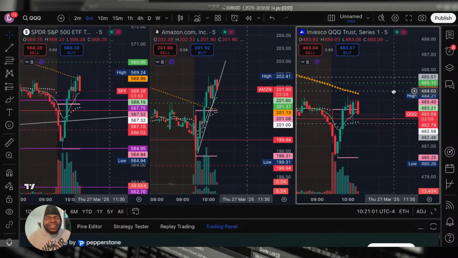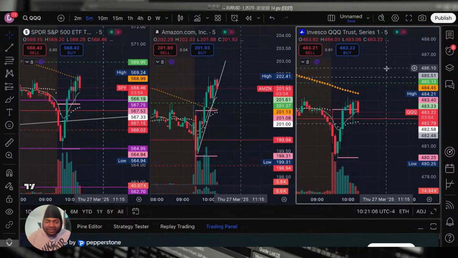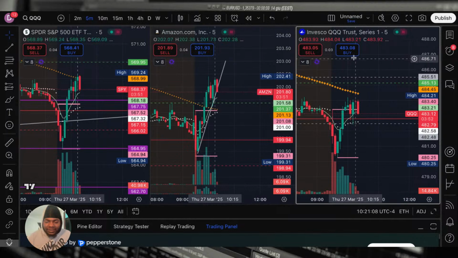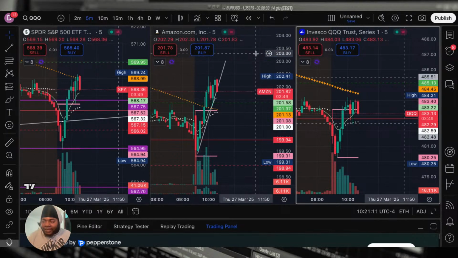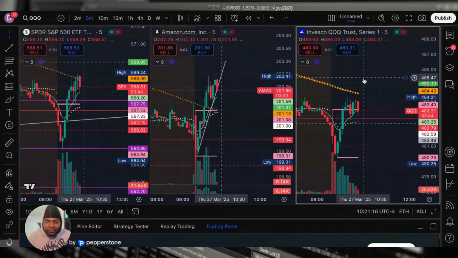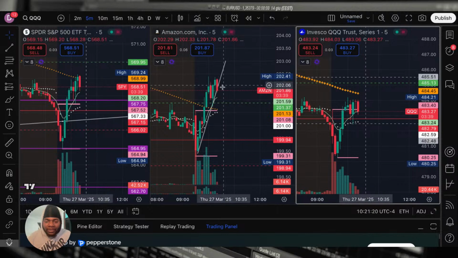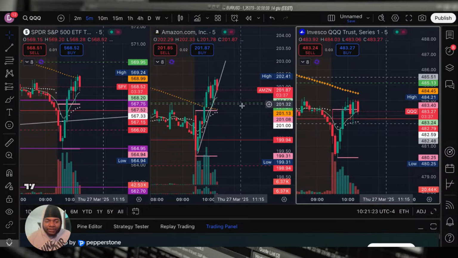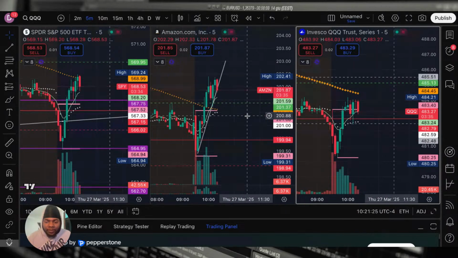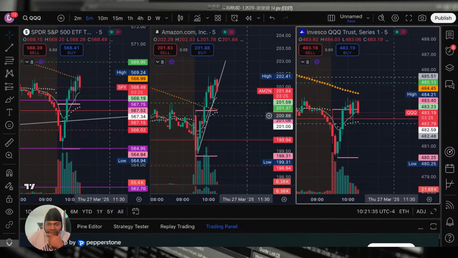See what QQQ is doing. This is pulling back. Oh, man. Hopefully it holds. Let's see. Stop loss is this 9 EMA. I'm down 7% right now. Only in one contract. If we break that trend line, it's probably going to break the structure. Still holding. I'm down 9% right now.